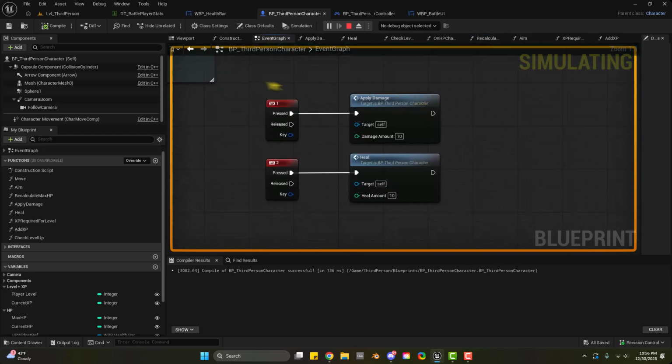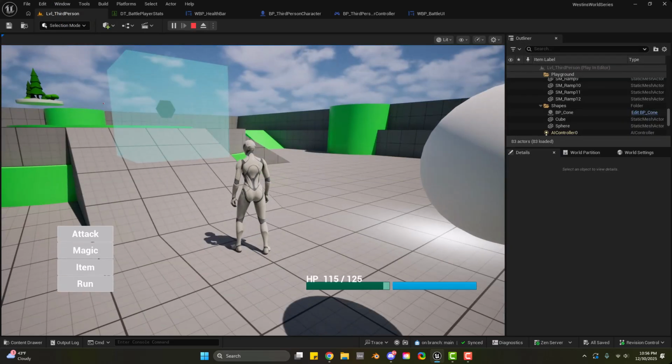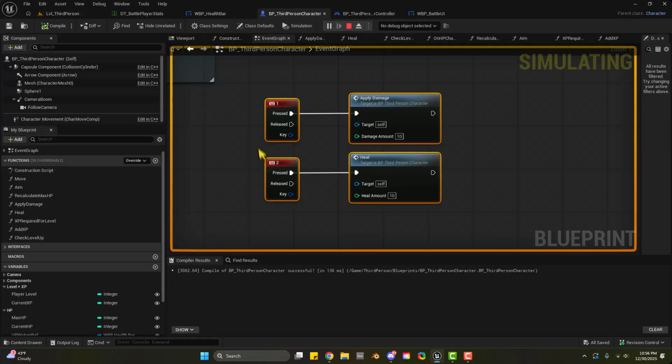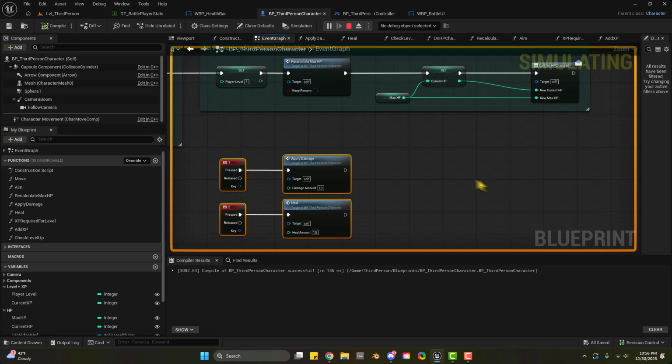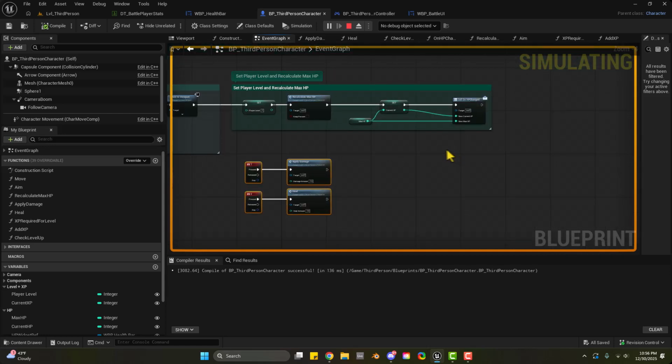Below this here, you can see that we're just pushing 1 and 2. That's how I was updating the health bar. I'm clicking 1 to take damage. When I get to 0, you can see a print string at the top left. That function death there. I'm pushing 2 a bunch of times to get to full health. Back to here. That's all that's right here, and that's not very ideal for later in practice, but it's good